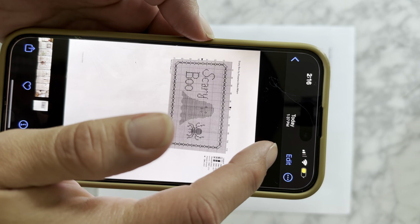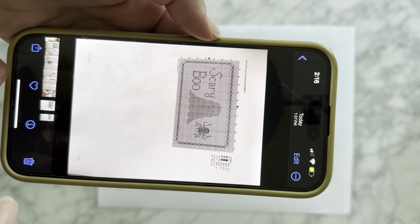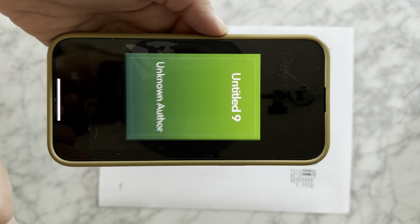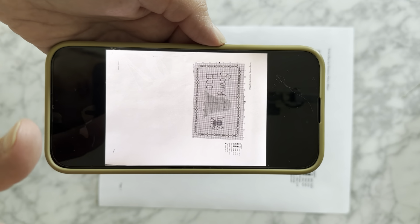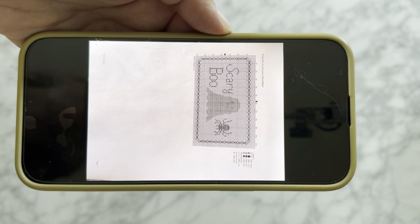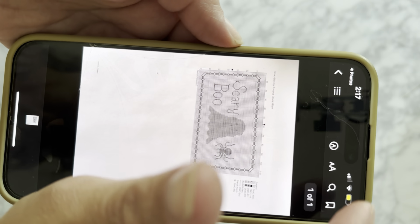So I'm going to go to my phone, and you can see I just have that picture. I'm going to do my arrow, and you'll see Books. So click on that, and you'll see that it converts it over. So here is the actual paper copy on your phone. So if you want to play around, you can do that. But